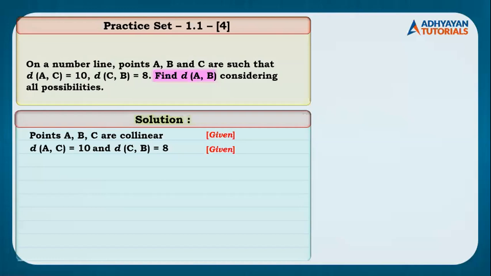Point A can be between the other 2 points. Point B can be between other 2 points, and point C can be between other 2 points. So these are the 3 possibilities, 3 cases. We can consider any case first randomly. So I consider B in between the other 2. So let us consider this case, children, where I say that A dash B dash C is the possibility. So we need to consider this by ourselves. So we have considered B is in between A and C.